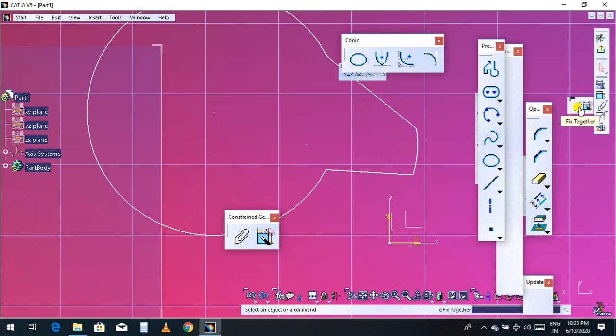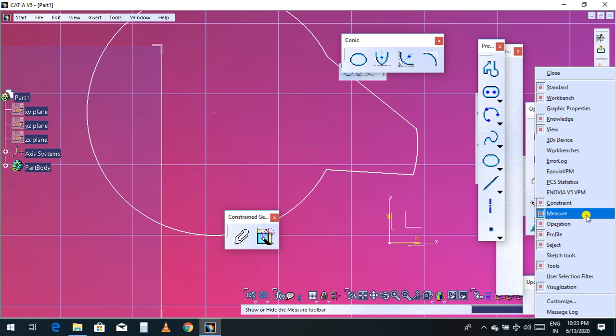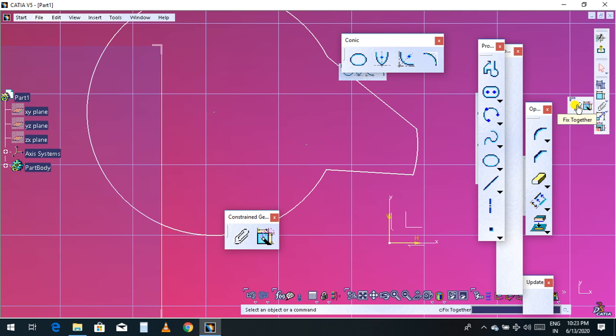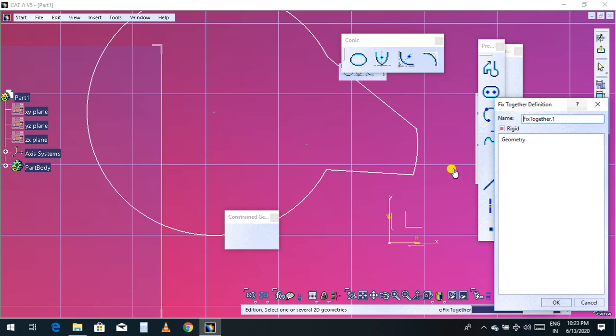Now I am discussing Fix Together. If it is not available, you can click here and choose the sketch toolbar, and it will come out. Now it's already here, so click Fix Together.